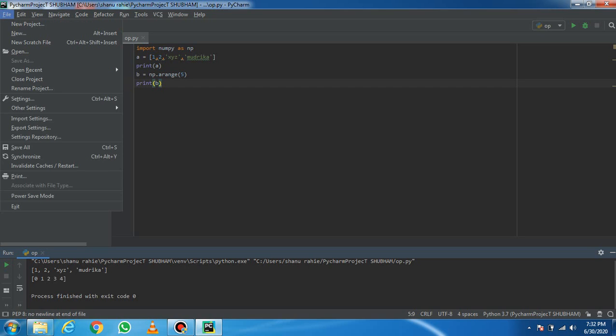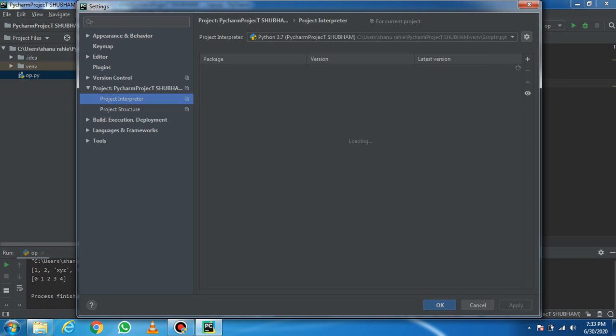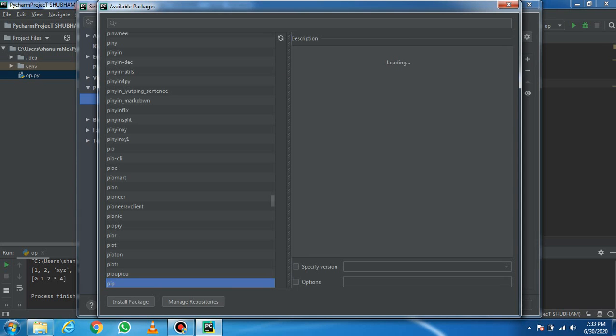You just have to go to File, then Settings, then Project Interpreter. In Project Interpreter, here it is showing the NumPy package, but on your PC when you do this, it will not show. So you have to double click on the plus sign. When you double click, a new dialog box will open.